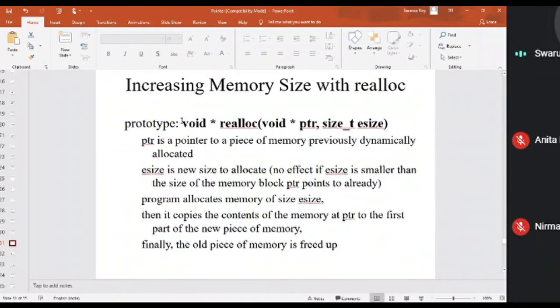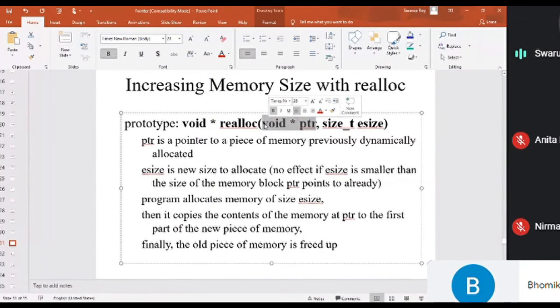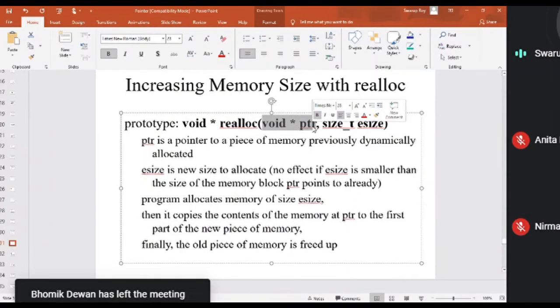And what is realloc? Realloc is used when, after using the memory, you need more space. You see here, there are two parameters in the case of realloc. First is the pointer, which holds some array or other variable, because that is the space you would like to extend.